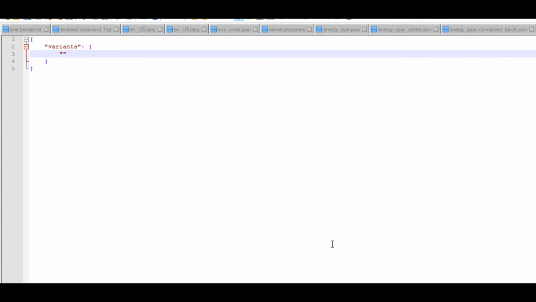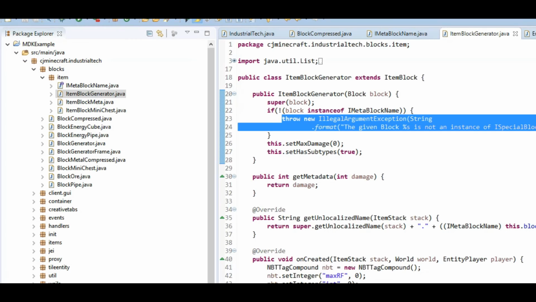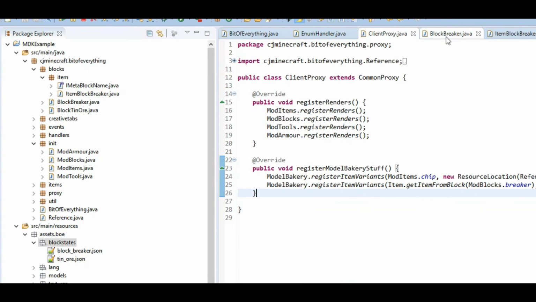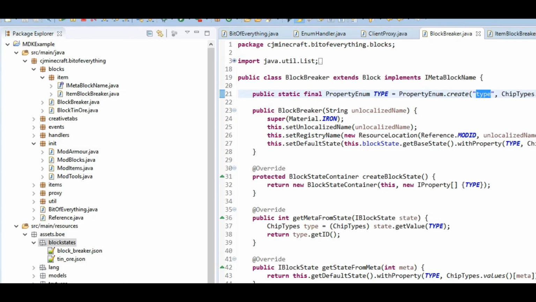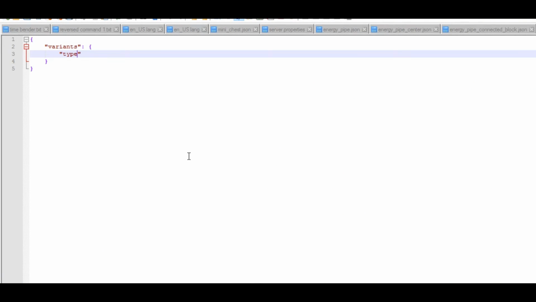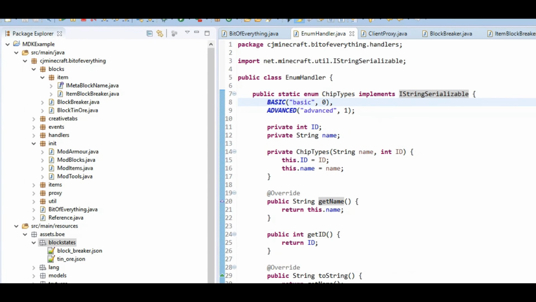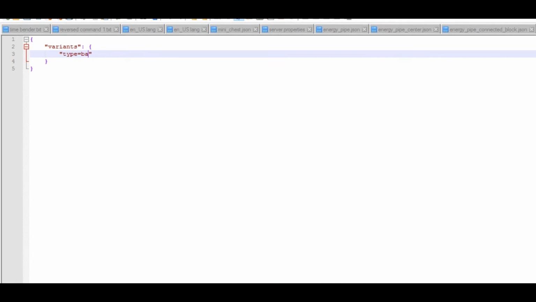Now, whereas before it was normal, we can actually define our variant correctly now. So it's whatever we called it here. So this is type, and it's equal to whatever it's called in the enum handler. So it's basic. Type equals basic colon, open it up. Model colon, and then it's just mod ID colon, and then block underscore breaker underscore basic,